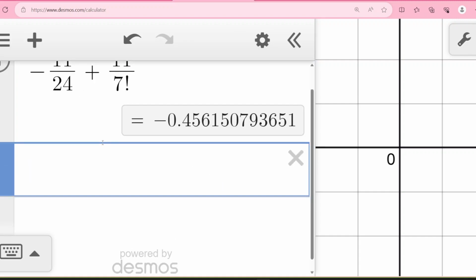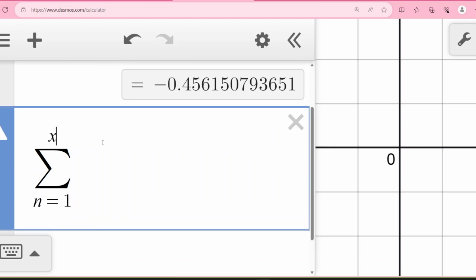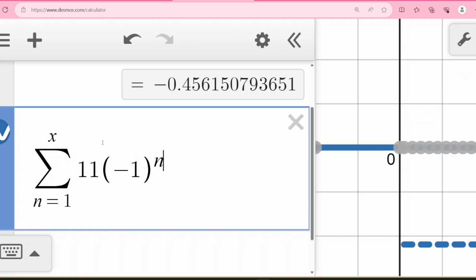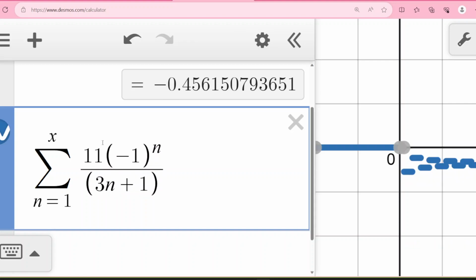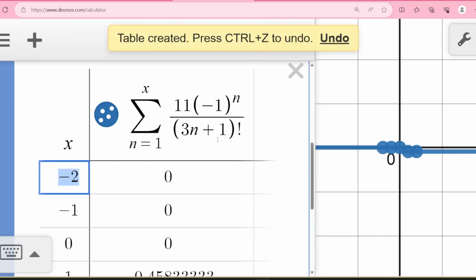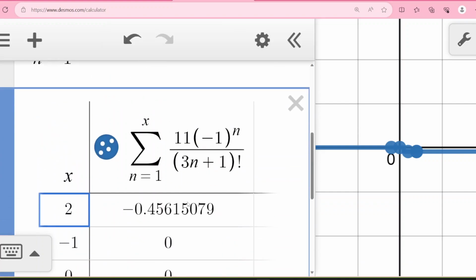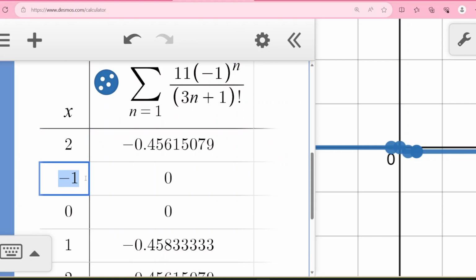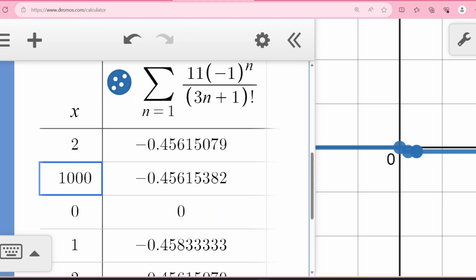Now let me show you. I'll actually put the sum in. We'll go from n equals 1 to x of 11 times negative 1 to the n divided by 3n plus 1 factorial. And make a little table here. And yeah, you see the sum of the first 2 terms. This is what we got up here, right? Negative 0.456150079, blah, blah, blah. Now look, when I add up more and more terms, 10 terms, 100 terms, 1,000 terms,